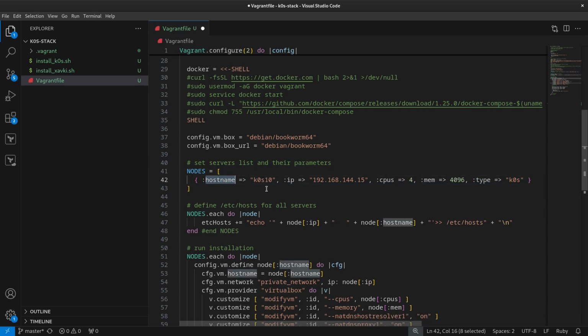And we give a hostname for our server, k0s10, and an IP. In my case, I use this IP.